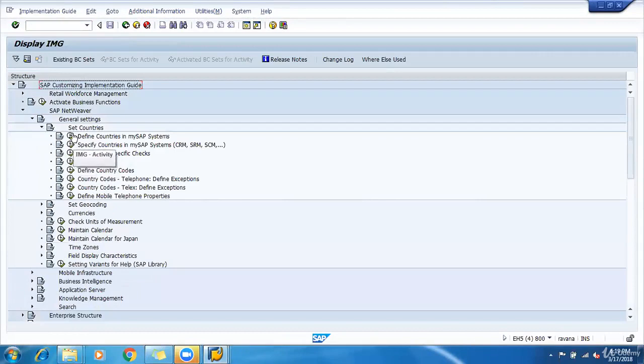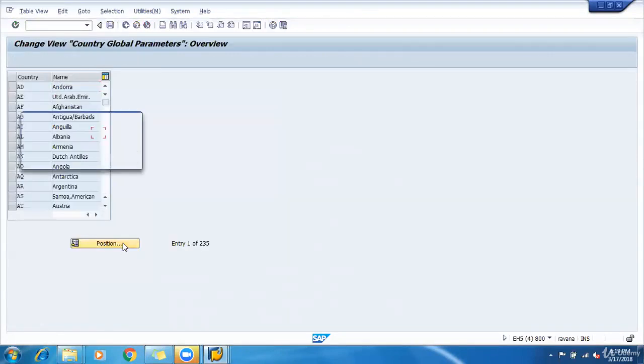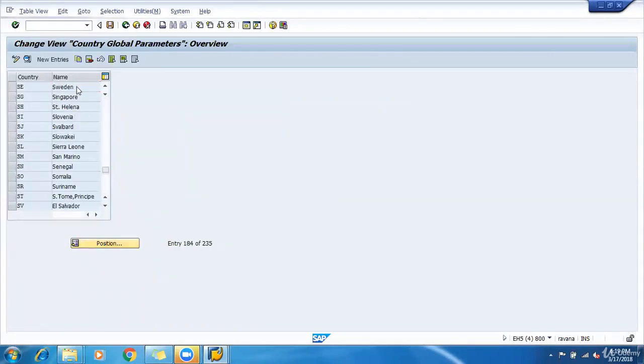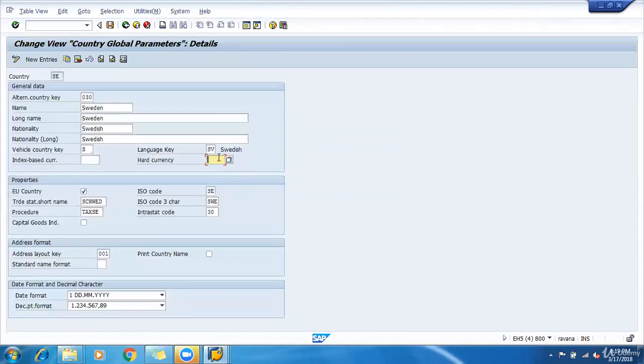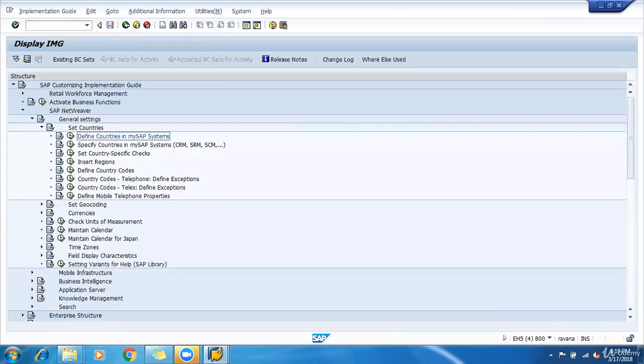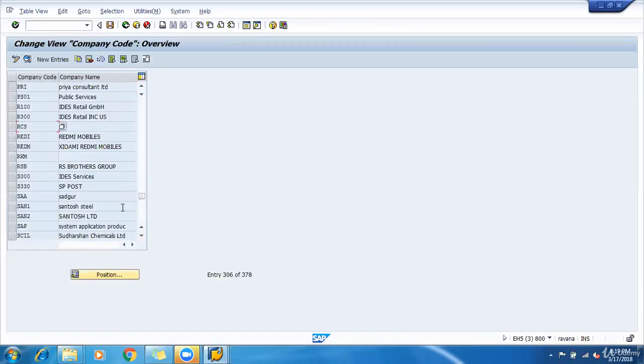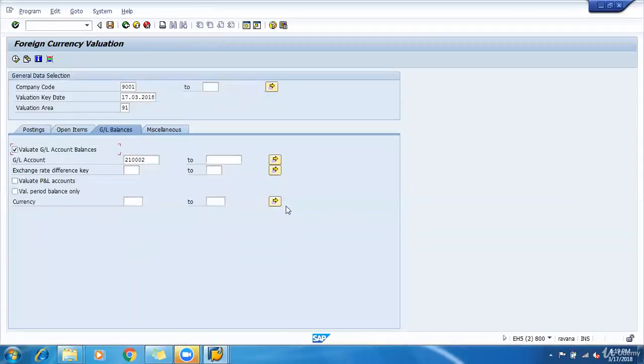Set countries, define countries in my SAP system. Go to SE, Sweden, and hard currency should have been blank. In that case, just enter the hard currency and save. Go back to FAGL, your valuation T code, and it should solve. This is because Sweden country does not have hard currency, but company codes related to Sweden have hard currency as a parallel